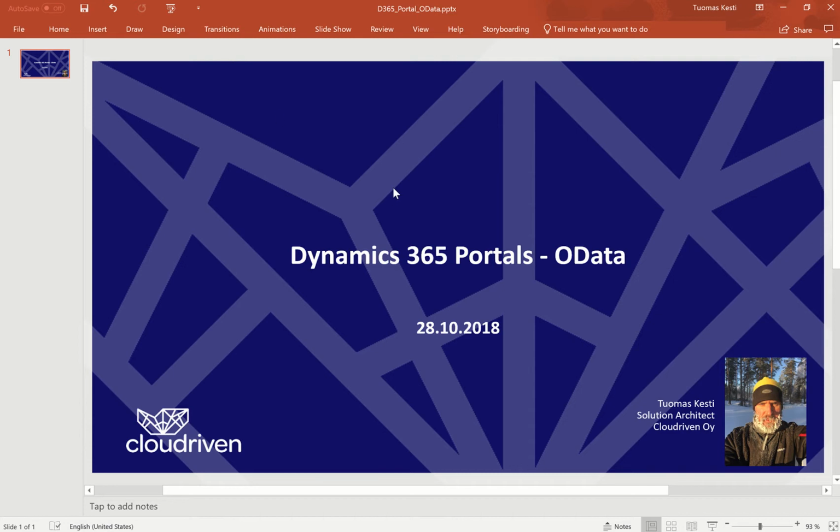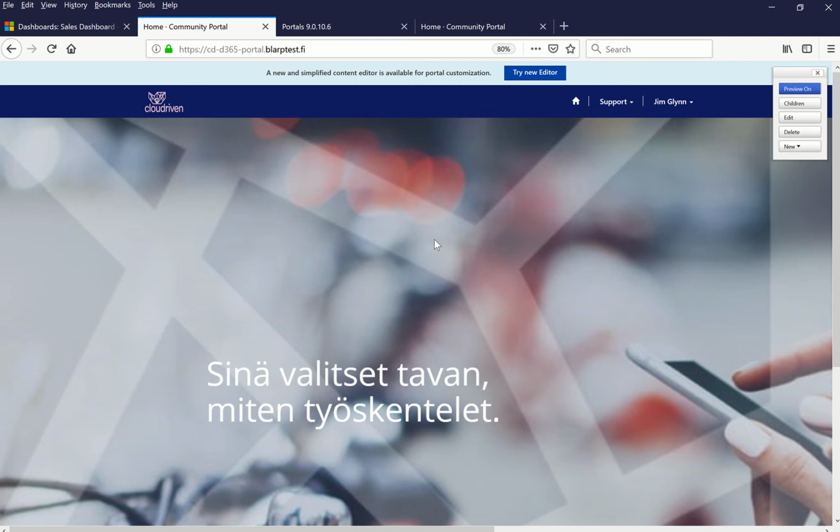The scenario today that I'm going to use is this: this is my portal here, and I would like to populate the territory information to a lookup field in an account form of a portal. And the way that I'm going to use the territory information is that I would like to fetch the portal logged on user's account and then use that account's territory data from Dynamics and populate that over to the